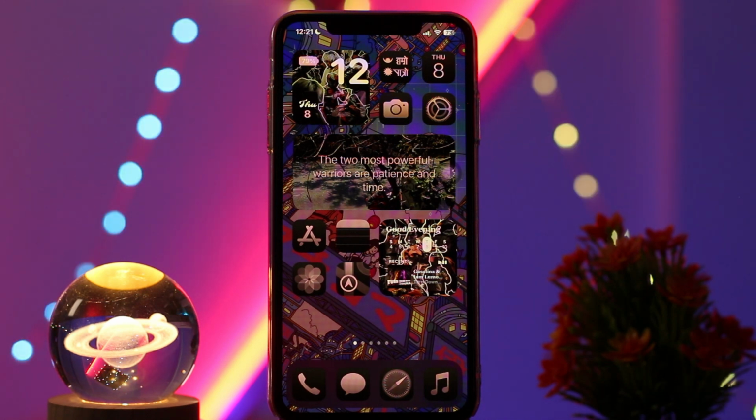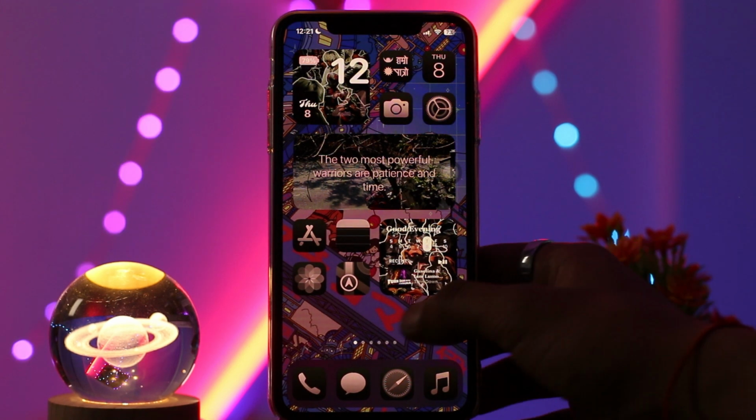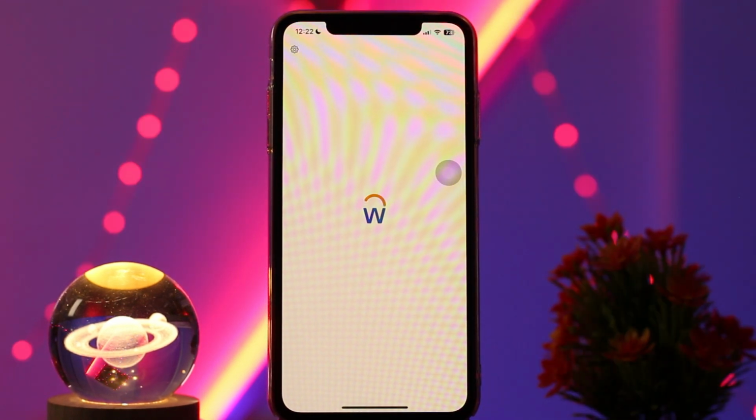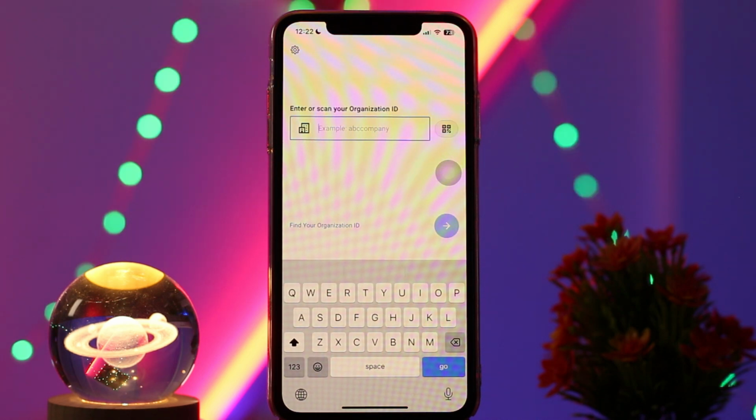To cancel an approved time off request in Workday, first what you need to do is head over and open up your Workday app and be sure to be logged into your account as well. Now once you're logged into your account, what you need to do in order to cancel the approved time off